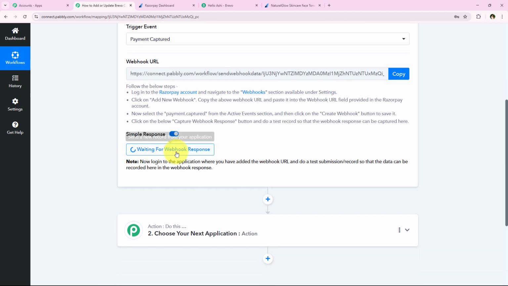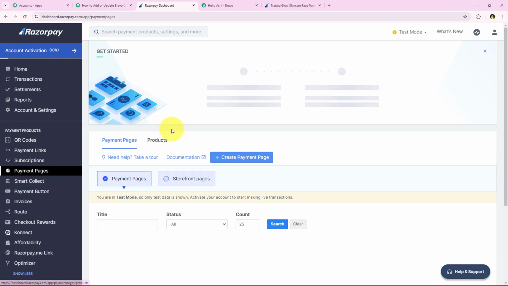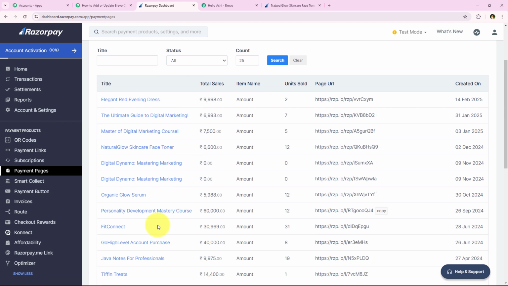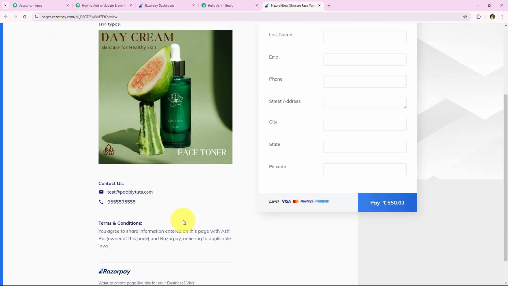But now it is saying waiting for a webhook response. And in the notes, it is saying do a test submission / record. So in order to capture this webhook response, we have to do a test submission or record. Alright, so I'm just going to open my Razorpay account, and from the left side bar, we have to go towards payment pages. Over here, you can see all the payment pages. But I want to create this automation only for a particular payment page, which is this. So I'm just going to open the same payment page, and we're going to do the test submission for this